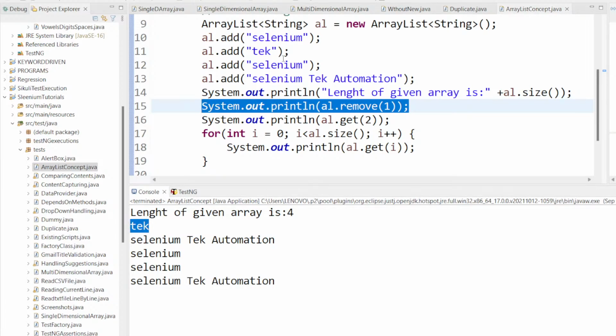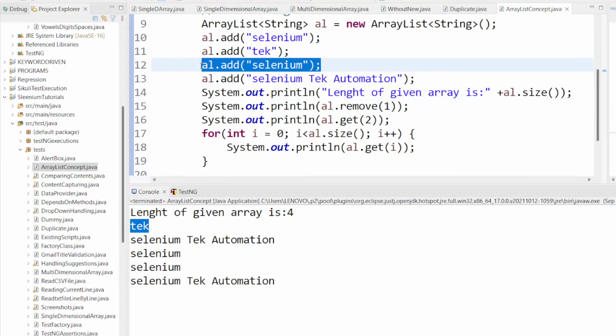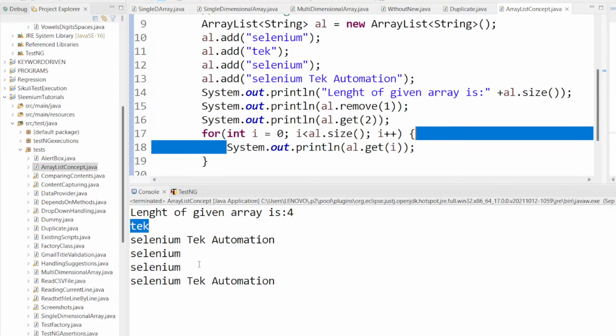So once it got removed, see 0, 1, 2, it is printing the Selenium here. After that I am printing all these values together with the help of one for loop. Okay, till here, which is related to